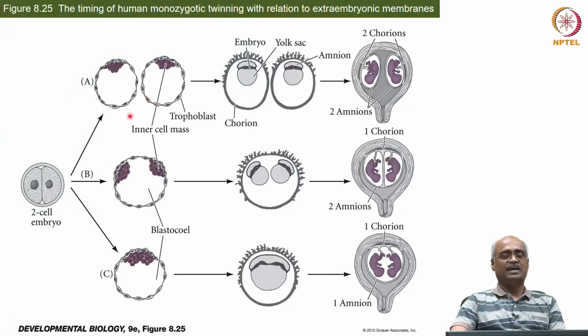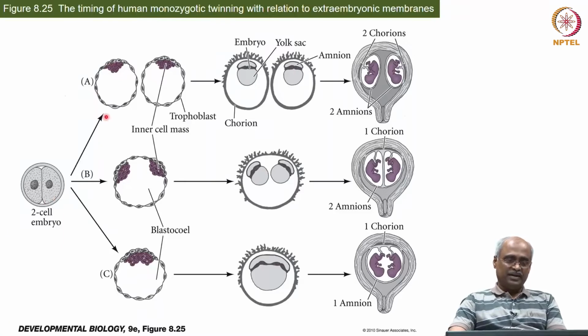Okay, those cells are capable of making both the trophoblast, inner cell mass, and as a result you end up if it is split into 2 parts, if the embryo is split into 2 parts that early, like for example in 8-cell stage or earlier, before the morula stage, any stage,